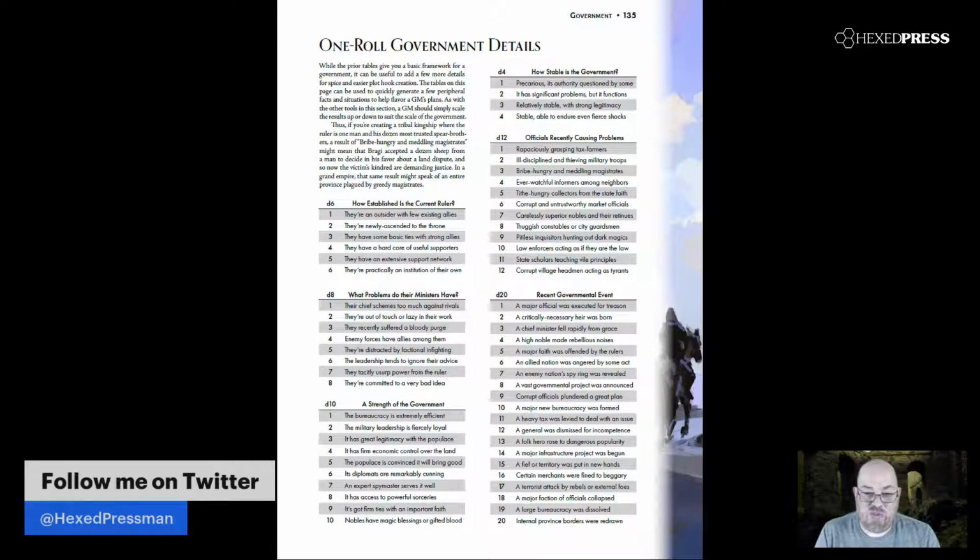All right, one roll government details. Fleshing out the framework that we built out so far, hopefully. How established is the current leader? Either they're not at all, or they very much are. It's a D6 table. Then we have a D8 table. What problems do their ministers have? We get a D8 worth of schemes. They're out of touch. There was a bloody purge. Enemy forces have allies. They're distracted. Allies amongst them, right? They're infiltrated by enemies. Leadership ignores them, that sort of thing. What is the strength of the government? Efficient bureaucracy. The populace is totally